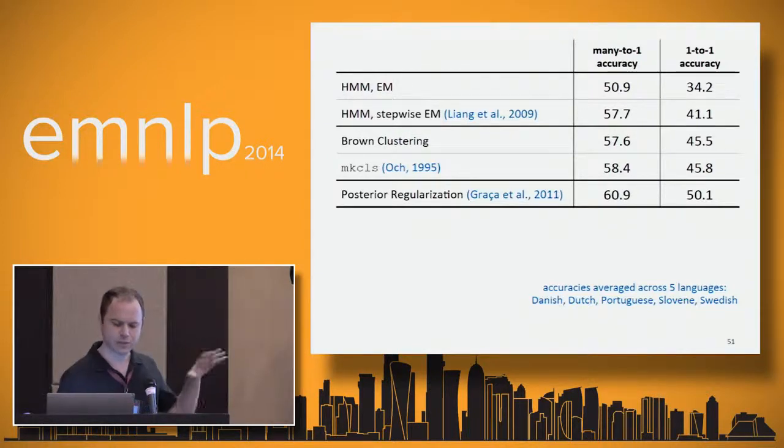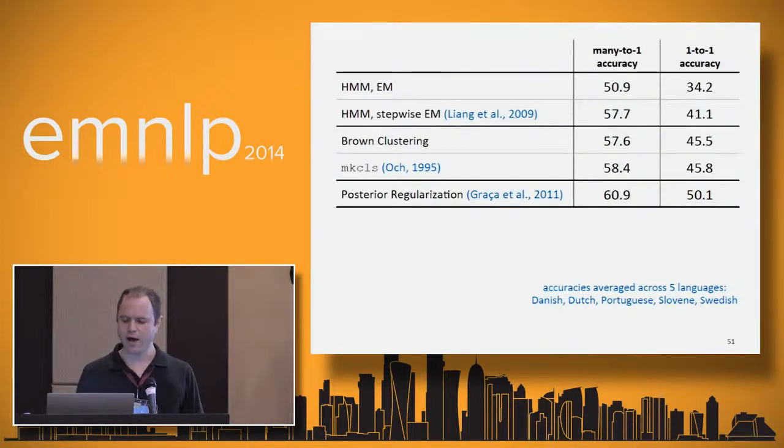I should mention, we're always using the same number of tags for all these runs, namely 12, because that's the best way to compare these metrics. Generally, having fewer tags gives you better one-to-one. Having more tags gives you better many-to-one. And so it's not so meaningful to compare numbers across numbers of tags. So we're going to stick to 12 tags. But this best system from the shared task, from Grasa et al., did also have the best average one-to-one accuracy across all systems.